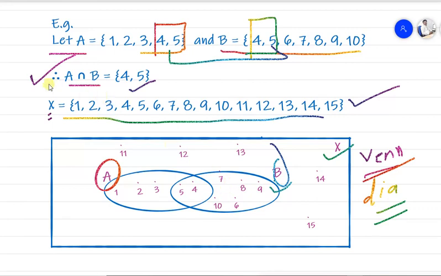Getting my point? And now we have to shade the portion of intersection. Now you show me where the 4 and 5 elements are. So here we have 4 and 5 elements, and this is the intersection portion, so we have to shade this portion. So the shaded portion represents the intersection of two sets. Getting my point? So the shaded portion represents what? Intersection operation. So this is all about the intersection operation on two or more than two sets.